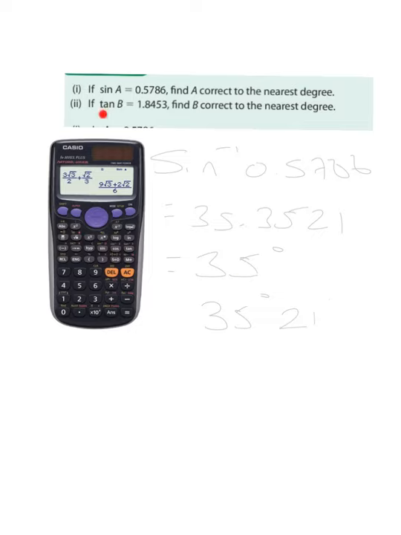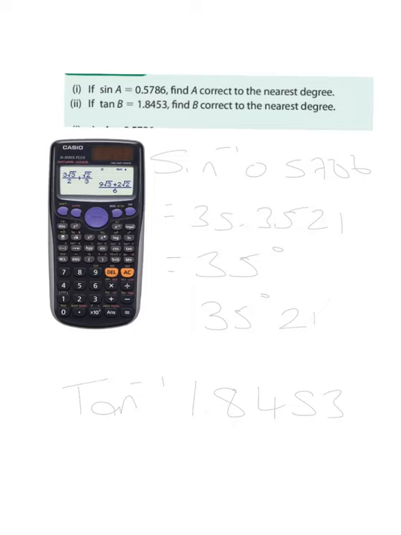So we'll do another example. If tan B is equal to 1.8453, find B correct to the nearest degree. Okay, so again, they gave us the ratio of the angle in decimal form, so we have to use inverse tan. So it's inverse tan of